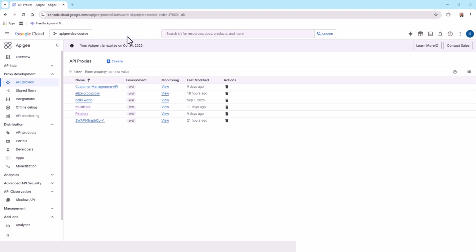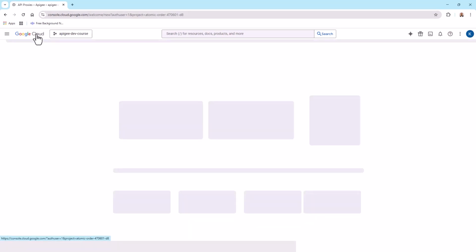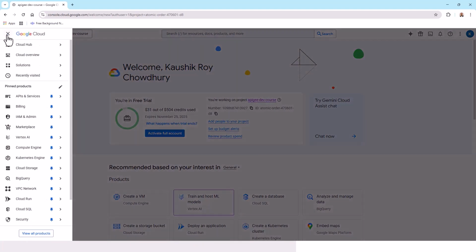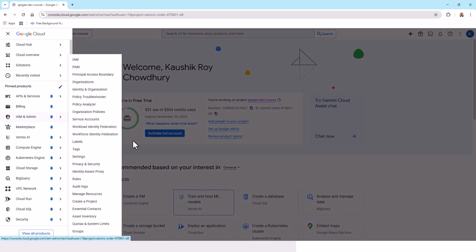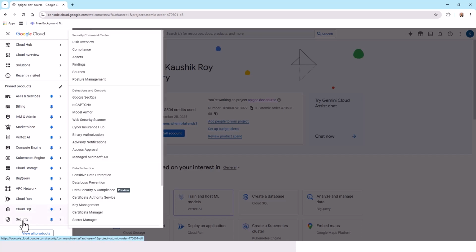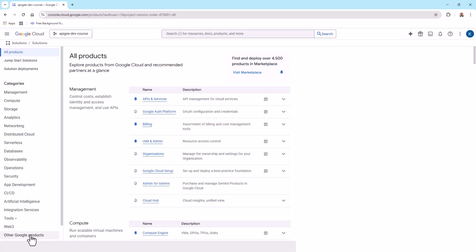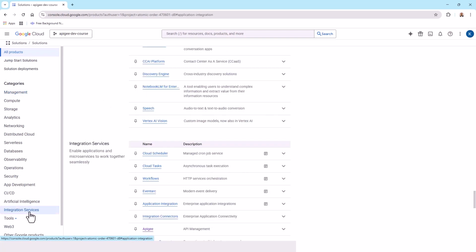So again, just a quick recap of how I came to this screen. Just a quick refresher: if you first log into console.cloud.google.com, this will come up with the Google Cloud, and then you click these horizontal icons, and click on view all products, and then you look to integration services and Apigee,